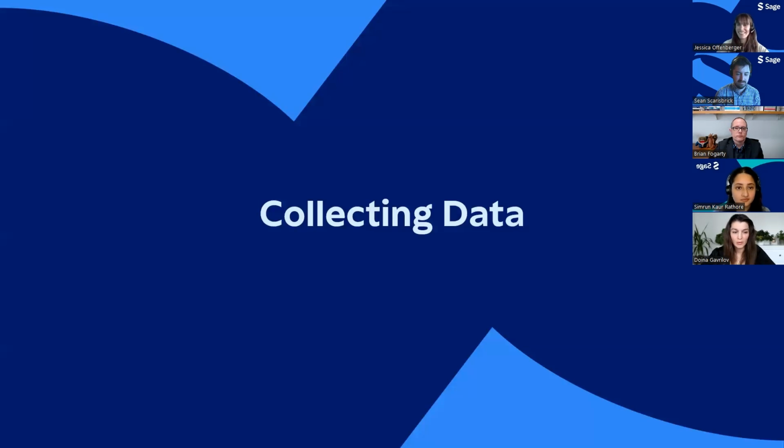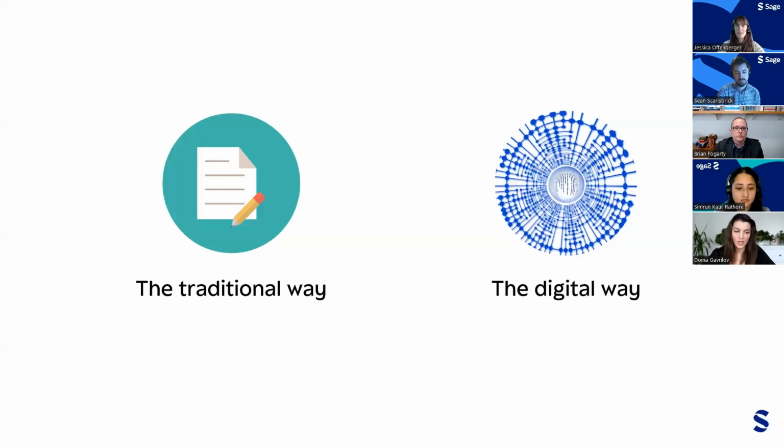So now, guys, we will be talking about data collection. We differentiate between two types of data collection: the traditional way and the digital way. In some domains, it may be easier and more natural to collect data by traditional ways, meaning field research that involves direct observation, experiments, and measurements.